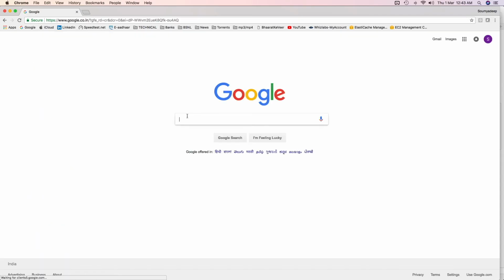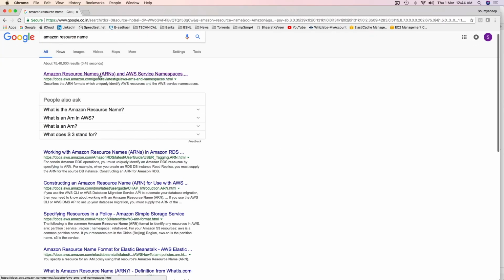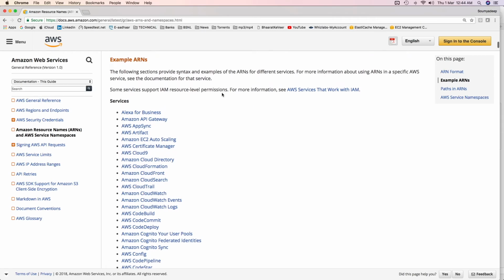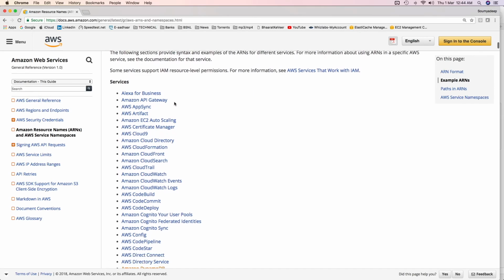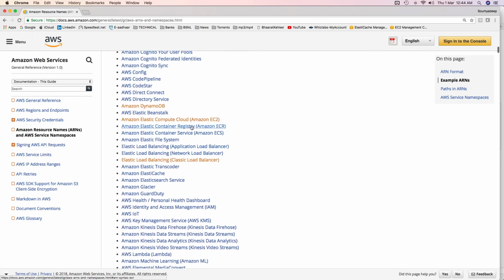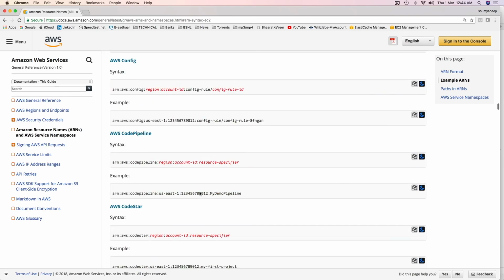We'll also see Amazon resource name. Go to Google and type Amazon resource name. The first link which is provided by AWS, click on that one. If you scroll down, you'll see example ARNs based on services. You can click the service which you want and you can find its corresponding ARN. So for example, in EC2, these can be the different types of ARNs.